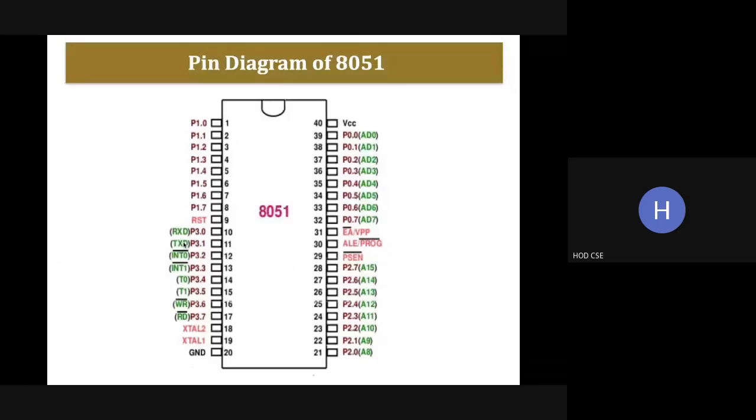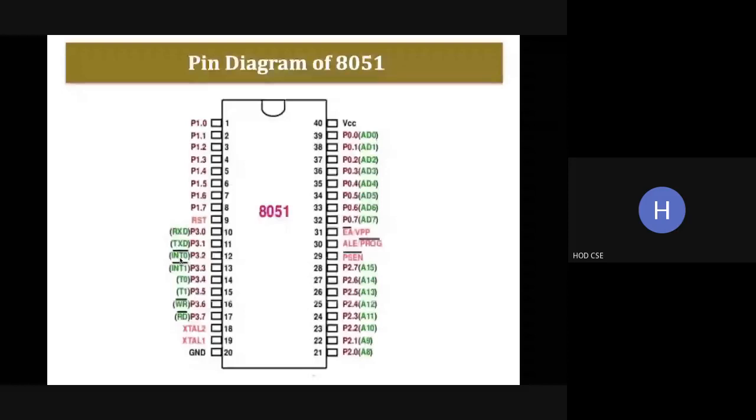What is RxD? RxD is receive data, used for serial transmission. TXD is transmit data.